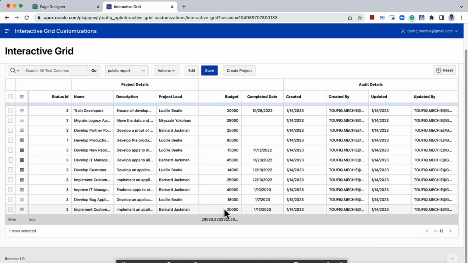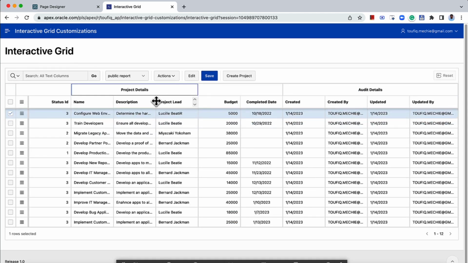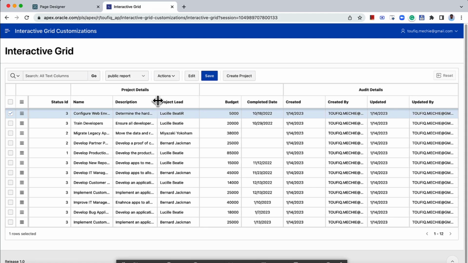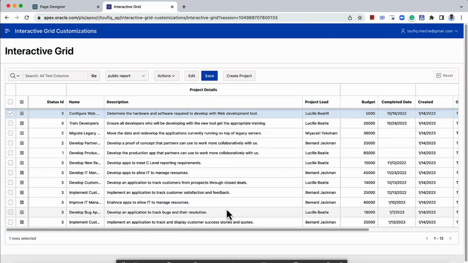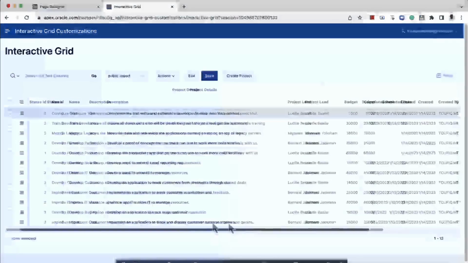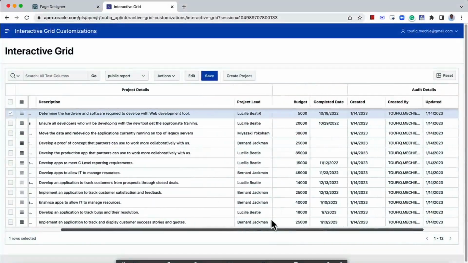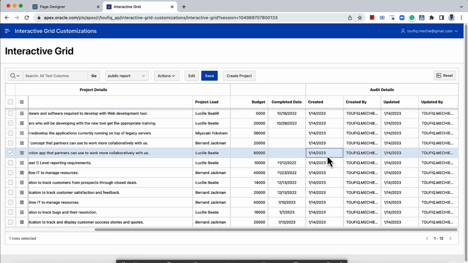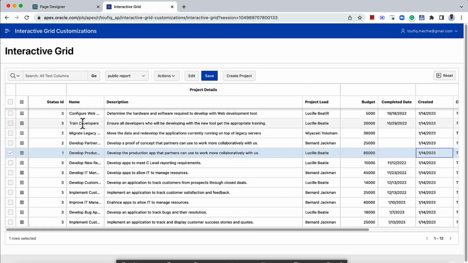And you can see the average is shown here. Let's say I increase the column width, which gives me the horizontal scroll, and it makes it difficult for me to understand which project this corresponding record belongs to. In that case, what I can do is simply freeze this particular column,